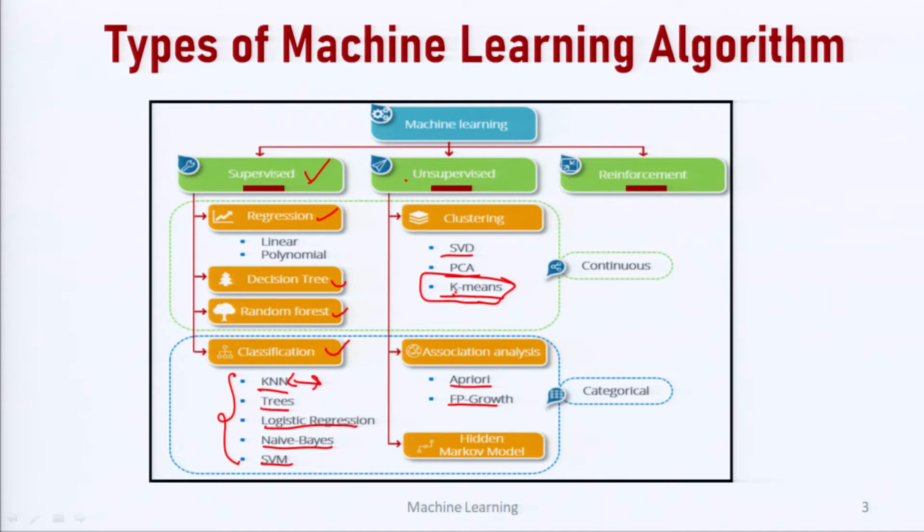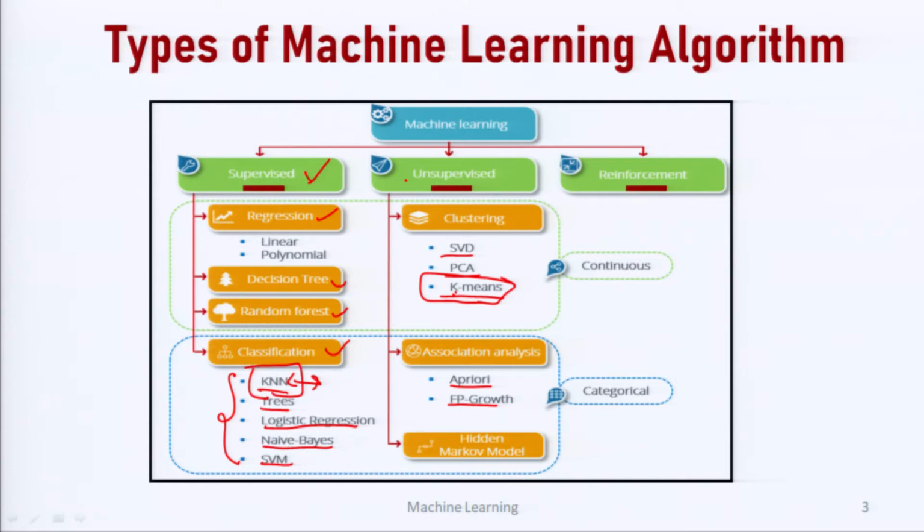So, all these belong to unsupervised machine learning, and there is a third category, that is reinforcement learning, where a particular entity is left into the environment and it struggles in the environment to survive by taking various actions. Based on those actions, the entity will be either rewarded or penalized for the wrong step it has taken.